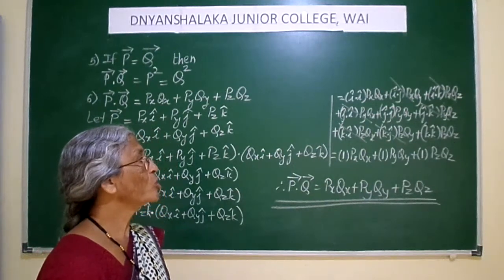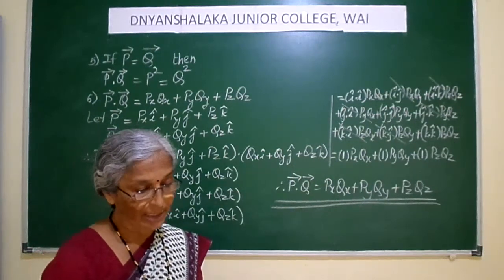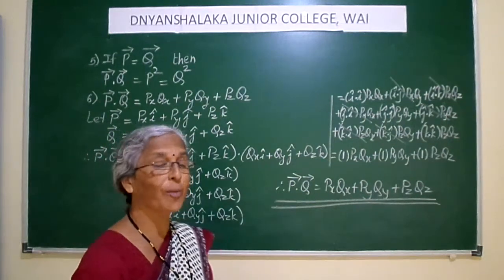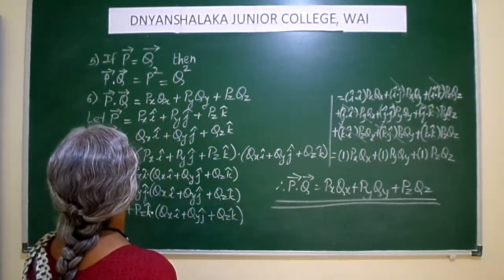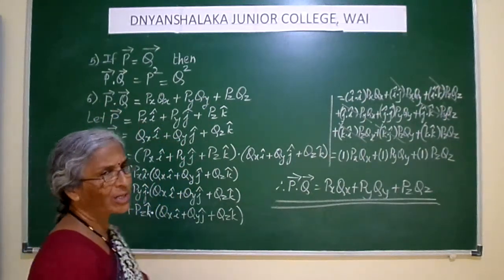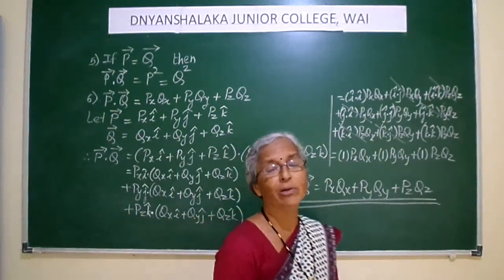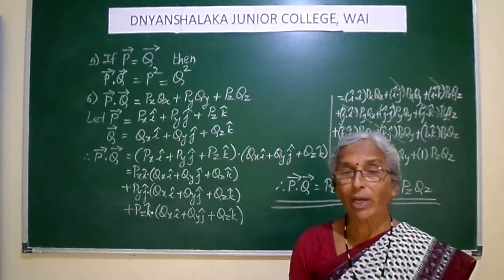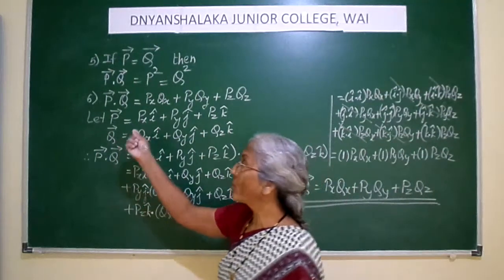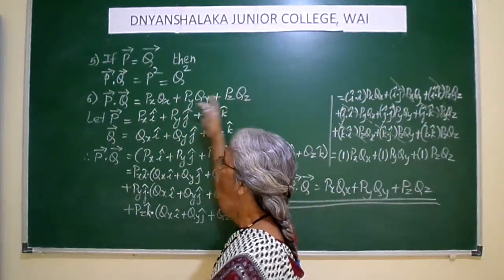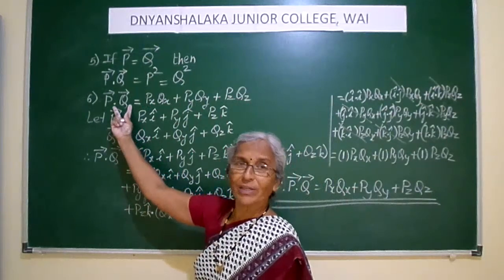Okay, so you have to take it down and keep on revising it. When a question is asked separately on this property, it will be asked in this format only. Prove that vector P dot vector Q, not necessarily you will be given vector P dot vector Q, you can be given vector A dot vector B, okay, as vector A dot vector B is equal to Ax Bx plus Ay By plus Az Bz. These can be any two vectors.